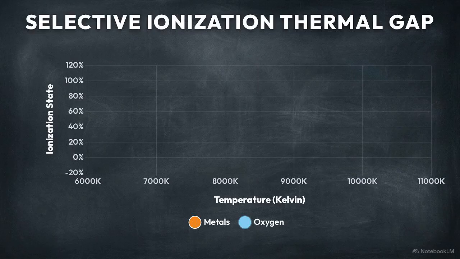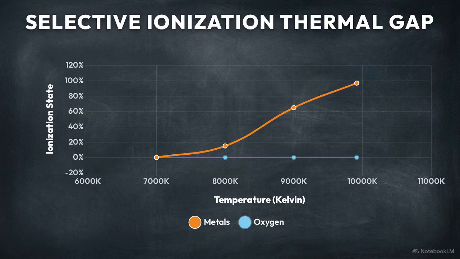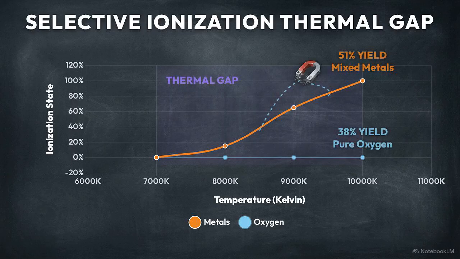This temperature phase graph maps selective ionization. In this thermal gap, structures diverge. Metals become ionized while oxygen remains neutral. An electromagnetic field then physically separates the states, extracting ionized metals from the flow to yield 51% mixed metals and